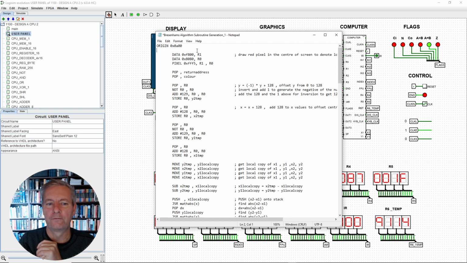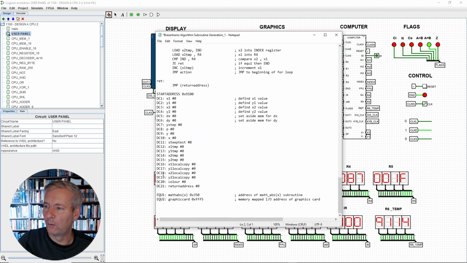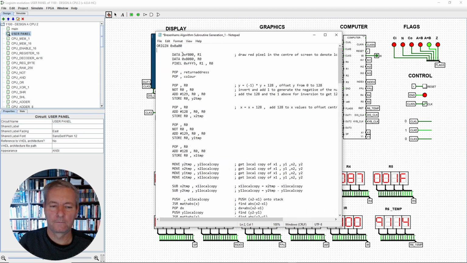But what would happen if, for some reason, we didn't have that value of 0 and it was still set from the previous use of that subroutine? Then we're potentially going to have gunk coming in at the beginning, okay? So we don't really want that. We want to set everything to 0. So I could go up at the top here and find all of the variables that we have set at the bottom here,